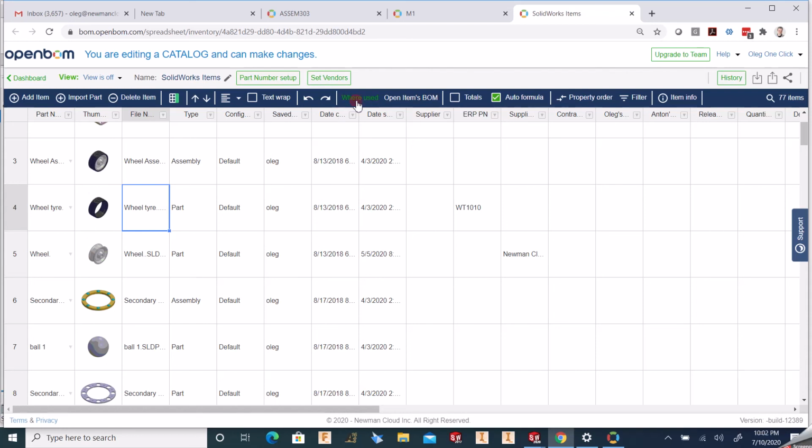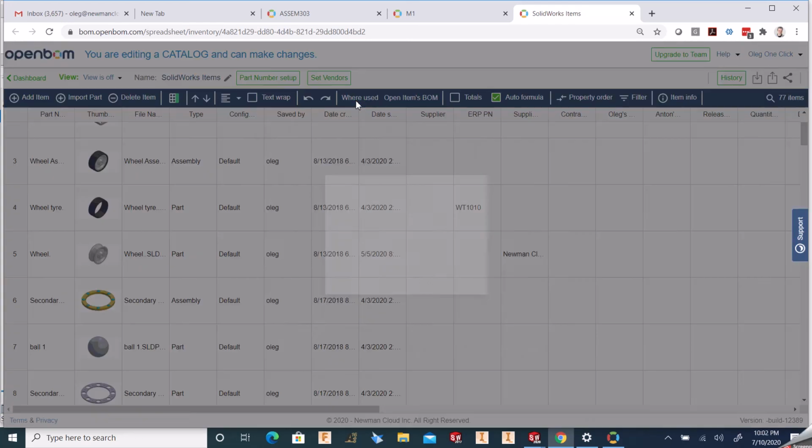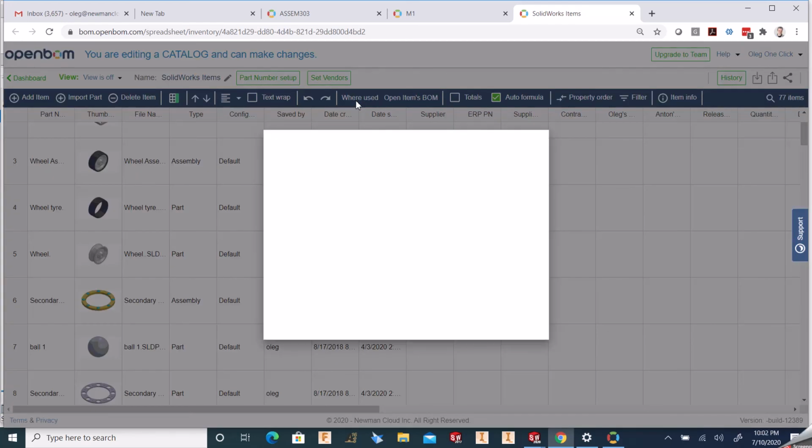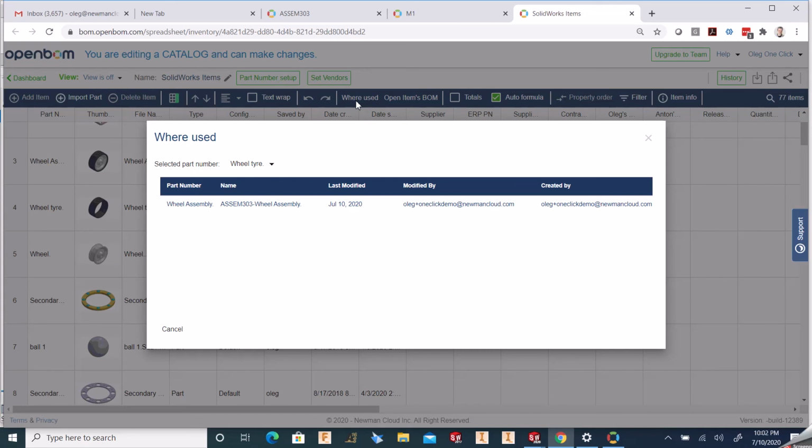features of OpenBOM are available. You can see all features of OpenBOM as you usually can use. So that was all about the new OpenBOM feature for CAD integrations, One Click, and I will talk to you very